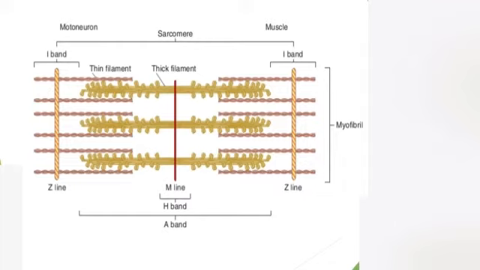And within the A band, a region is present which is called the H band. The H band is basically the zone of the thick filament that has no actin filaments. And when you can follow the I band, you can also see the A band as well. The A band contains the entire length of a single thick filament.